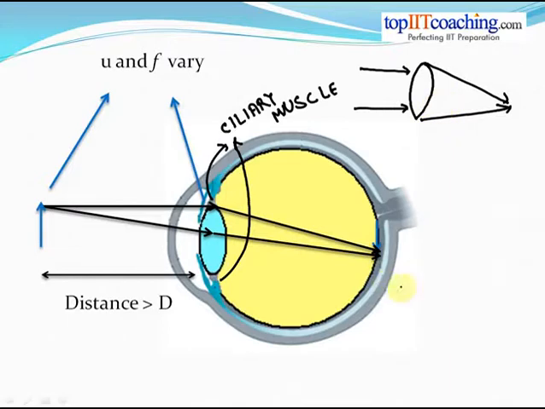When the object comes closer and closer, the lens has to become stronger, it has to become more powerful. And when the lens has greater power, it has lesser focal length because it converges rays faster. So when the object is brought nearer and nearer to the lens, let's say when the object is brought here,